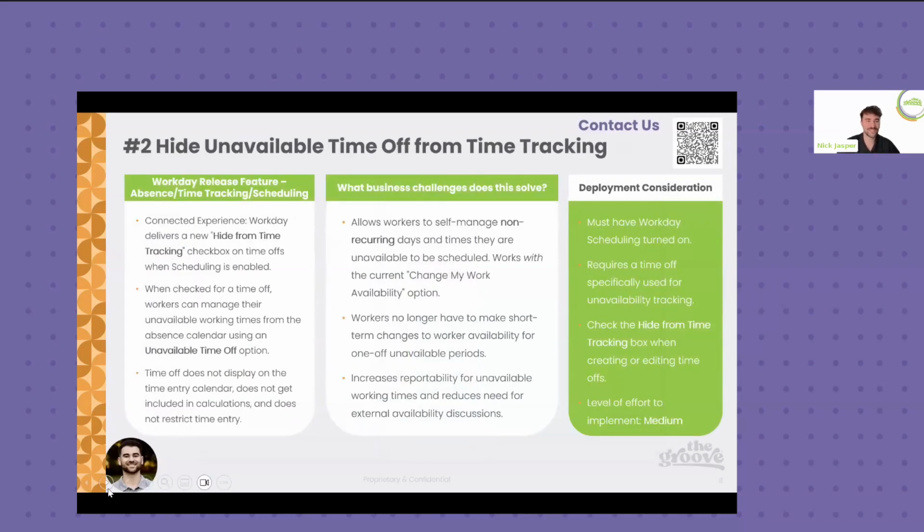And then for the second release, I'd like to highlight, again, kind of all the above: absence, time tracking, and some scheduling. All part of Workday's intention to build a more connected experience, because all those areas are so closely related. And we have a lot of